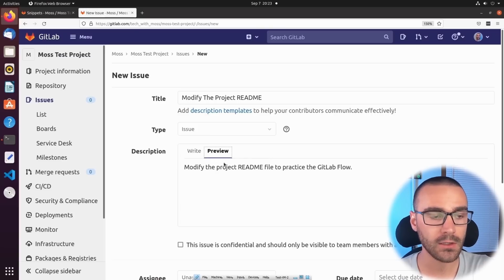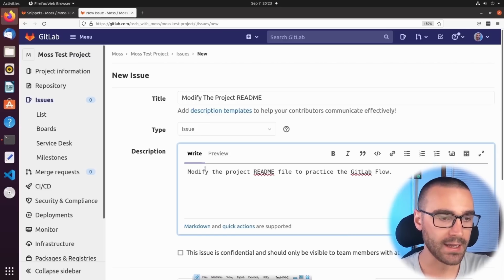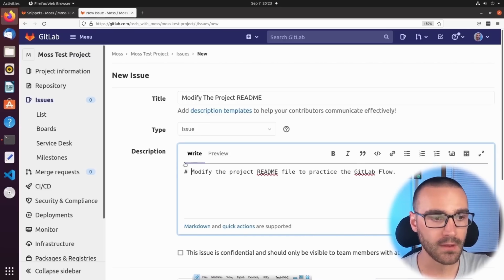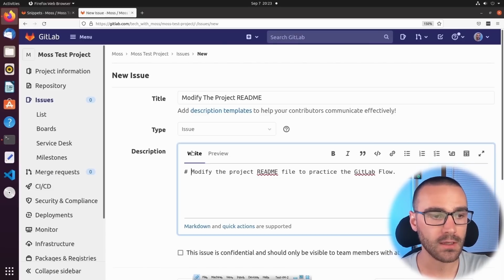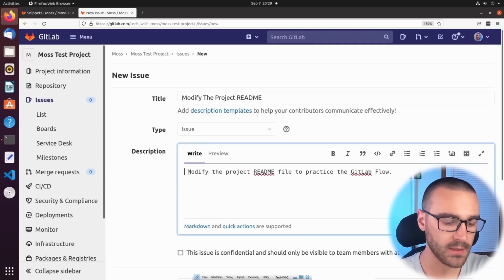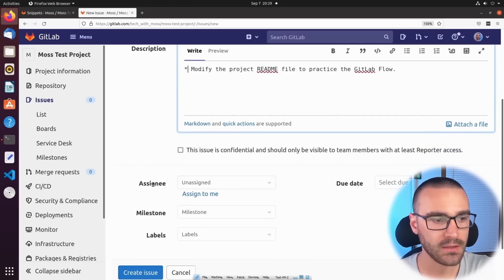So right now we're not using any Markdown, but I can modify this and I'll add a hashtag, and a single hashtag will give me a header. So if I preview that, I now have a Markdown header. I'm going to change this hashtag to a bullet, and then I'll scroll down and I'll leave the remaining fields